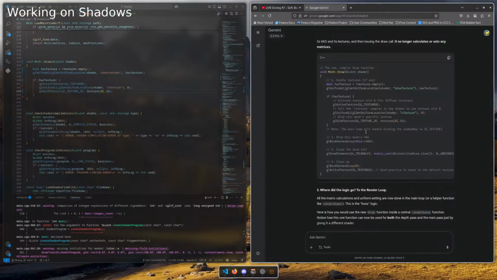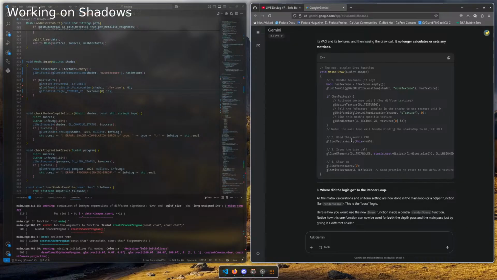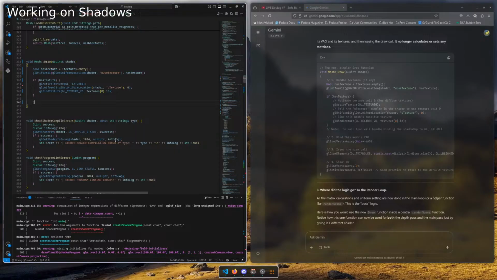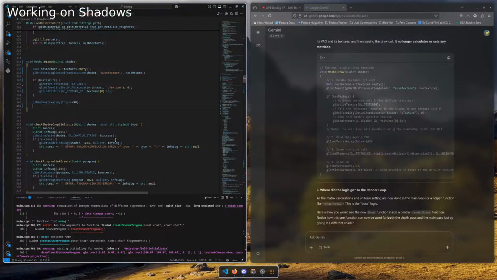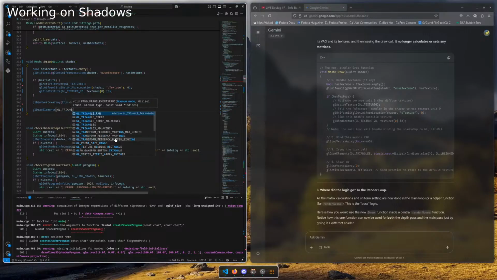No, this main loop will handle binding the shadow map to GL texture. Okay. GL bind vertex array, this to VL, and GL draw elements, GL triangles.